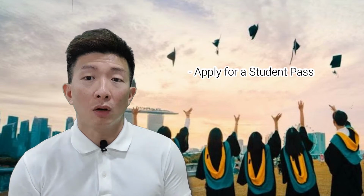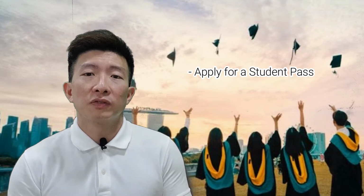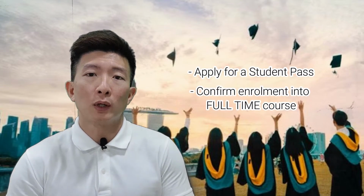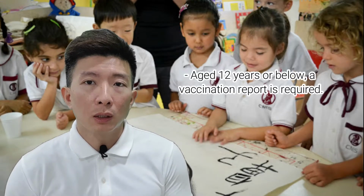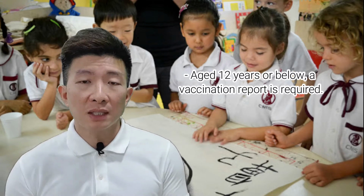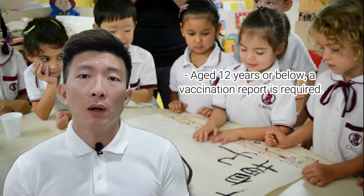Before the application of the student pass, the foreigner must first confirm enrollment into an approved full-time course in Singapore. Night classes, weekend and part-time courses are not allowed. If the student wishes to transfer school after the student pass application is approved, a new application will be required. For those aged 12 years or below, they will be required to submit their vaccination information to Singapore Health Promotion